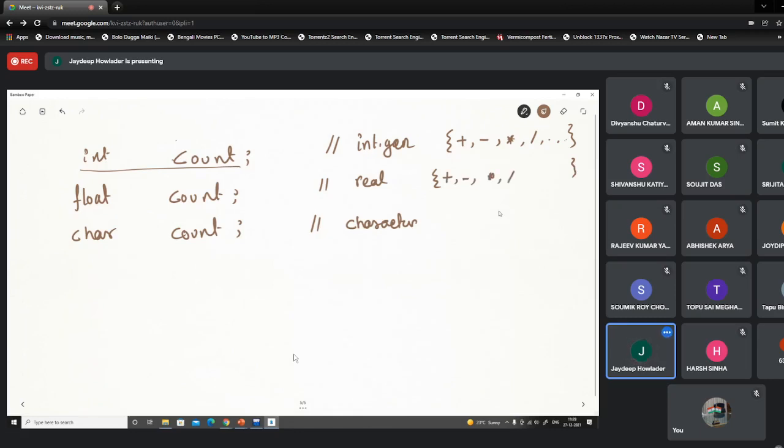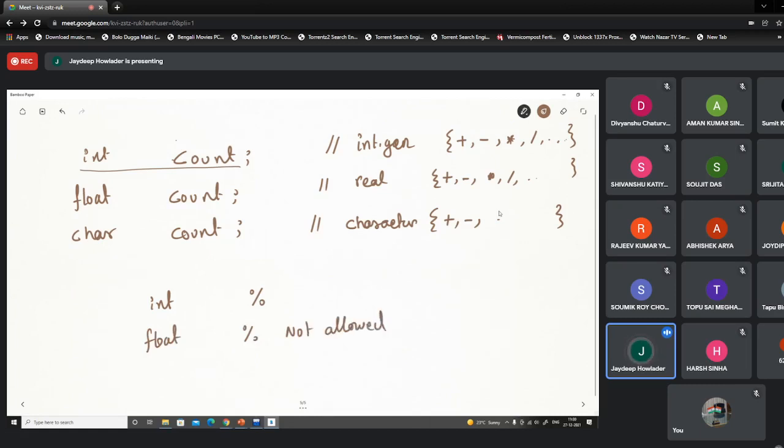For character, I can do something similar. Depending on the type, we are attaching a set of operations on the data. A simple example: if it is an integer, I can do a modulo operation here. If it is a float, I cannot do a modulo operation. This is not allowed.